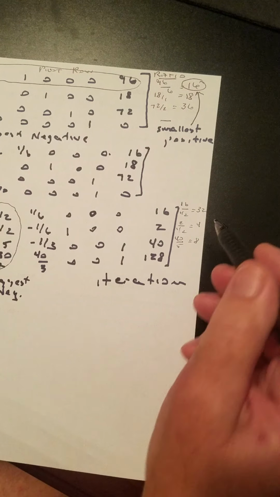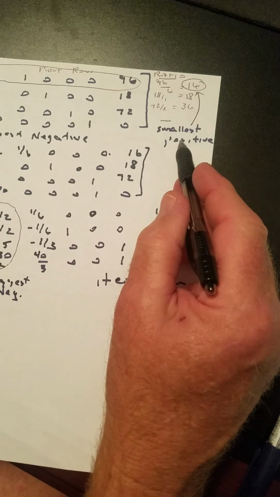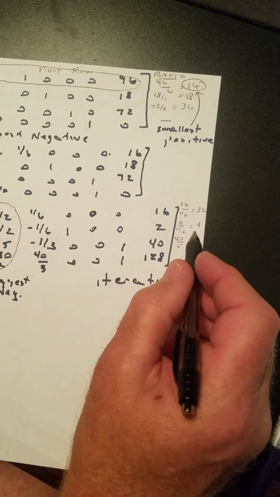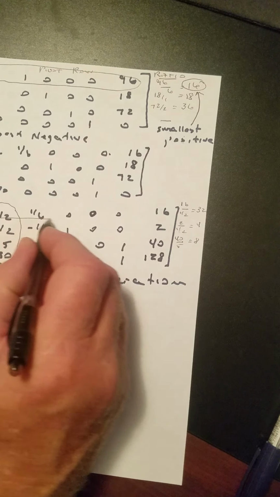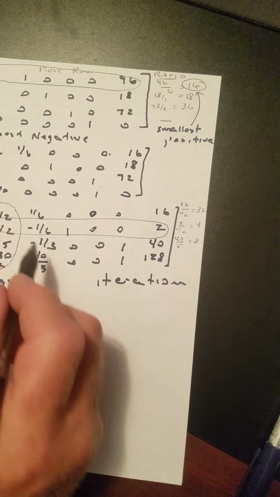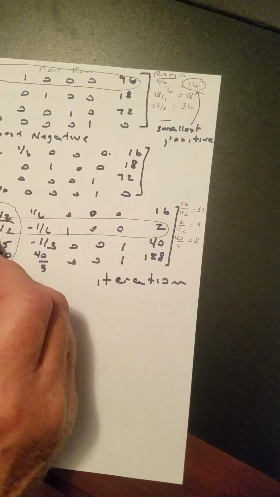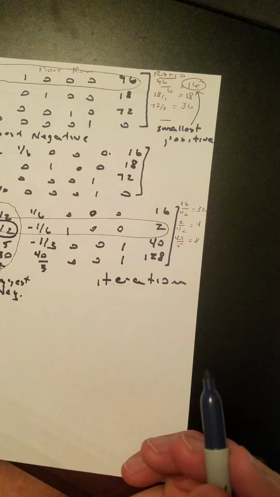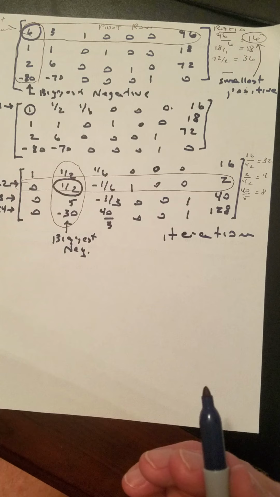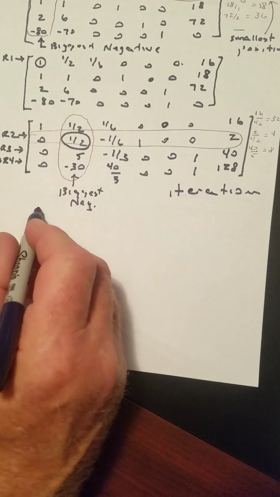Which one do we want? We had 32, 4, and 8. What do we do on the side? If you go up here, we want the smallest positive. The smallest positive is 4. So I'm going to circle that row. That's my pivot row. So you got a pivot column, a pivot row. And now, where they intersect, that's going to become my pivot. So the next step is